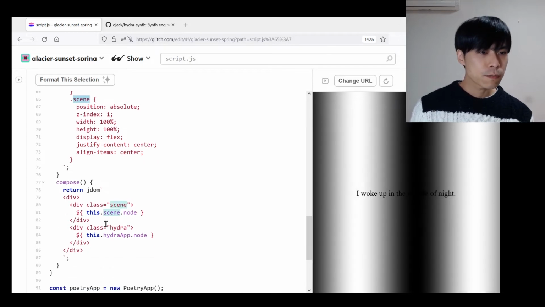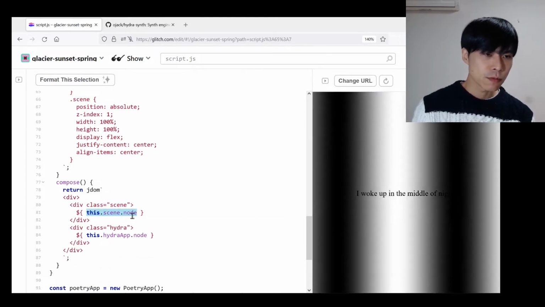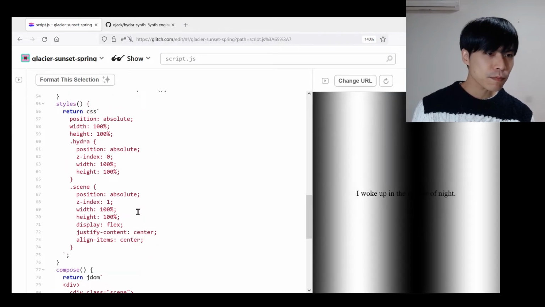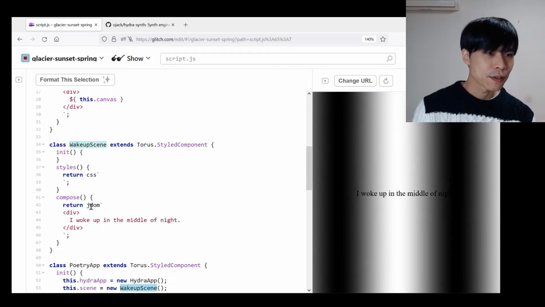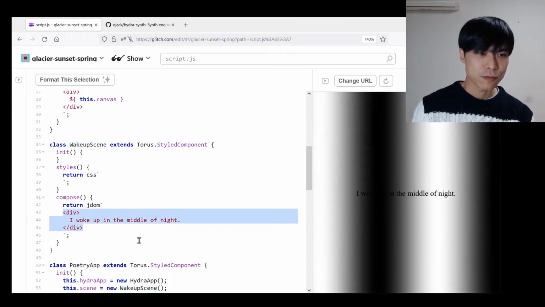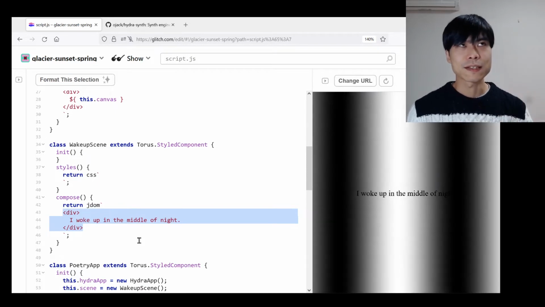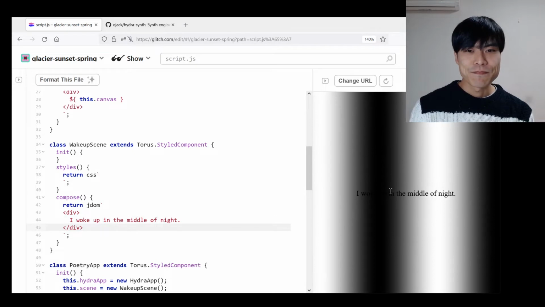And what is a child? This is a child. This is a scene object. It's a node actually, which is this wake up scene, and basically this is the child of the div with the scene class. This is cool,